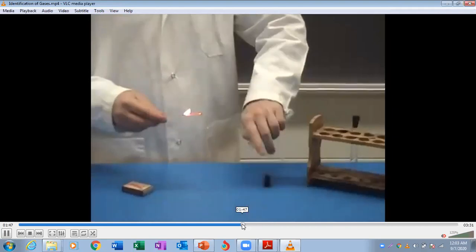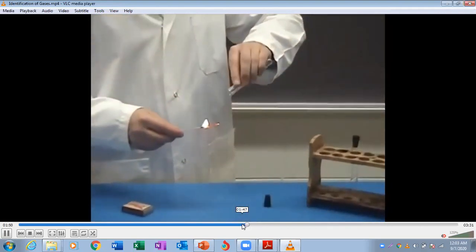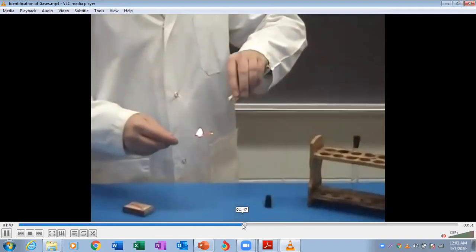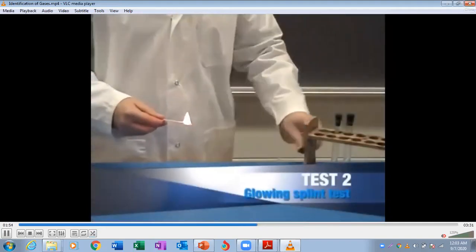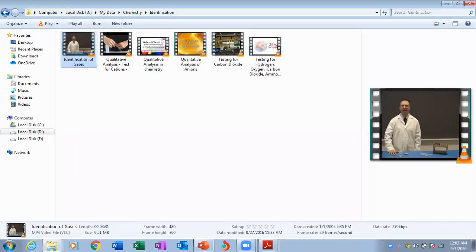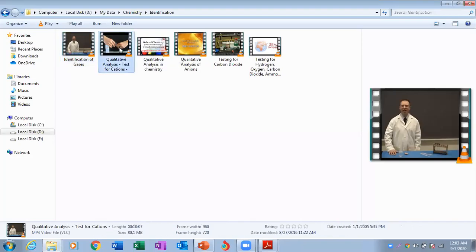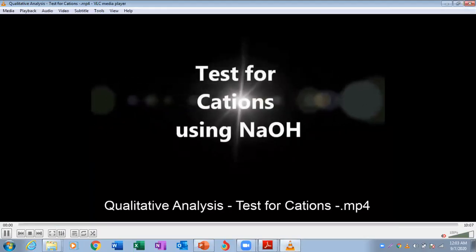Now feel that jerk. This is because of the pop sound, the jerk in the flame. You can observe that jerk again. That indicates that this is hydrogen, because when you bring the splint close, it will produce a pop sound, and this pop sound indicates that the gas is hydrogen.